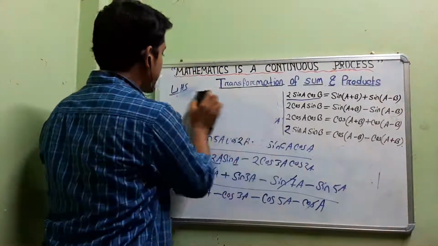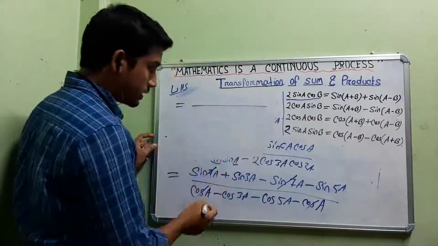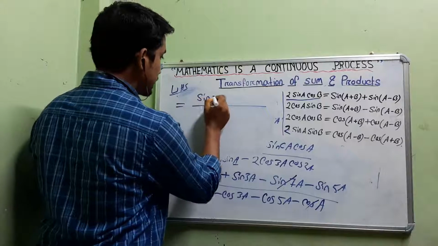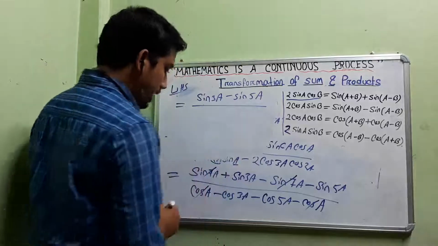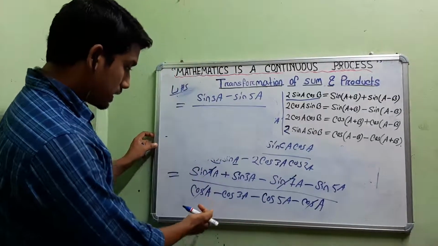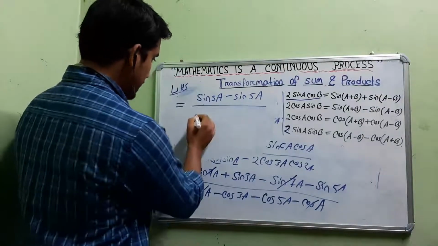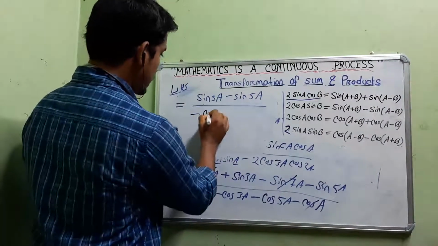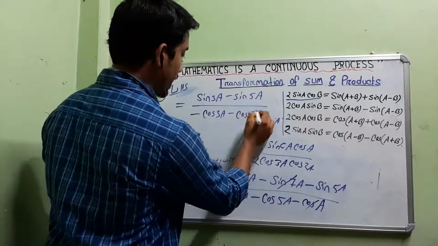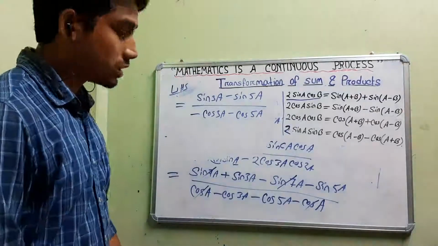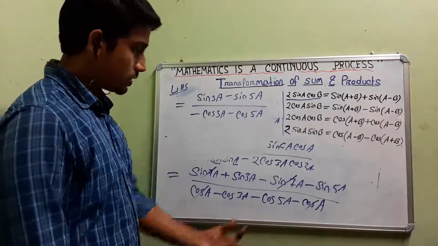So we are having the remaining part. What is the remaining in the numerator? The remaining in the numerator is sin 3a minus sin 5a. Okay, this is in the numerator, and in the denominator both the things are minus, isn't it? So what is there? Minus cos 3a minus cos 5a. The question is right or not? Yes, the question is right only. Minus cos 3a is right.